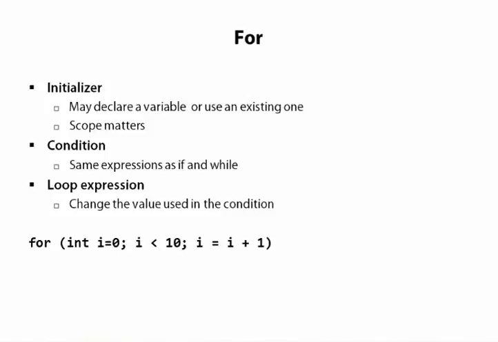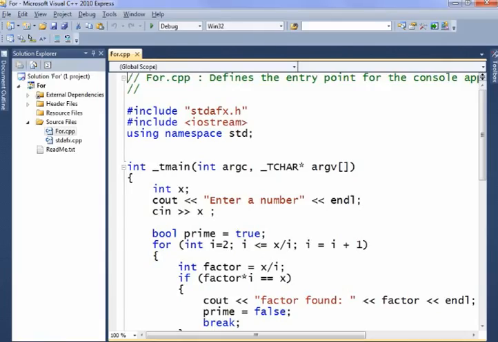Because for and while are so similar, I took the while example and rewrote it as a for example, so I didn't have to explain it again. Enter a number, and now I'm using a for loop, int i equals 2. I don't need i after the loop, so I'm declaring it right there. The condition and the increment are what you recognize from the while. You're much less likely to forget to increment and accidentally write an infinite loop when you use a for loop,